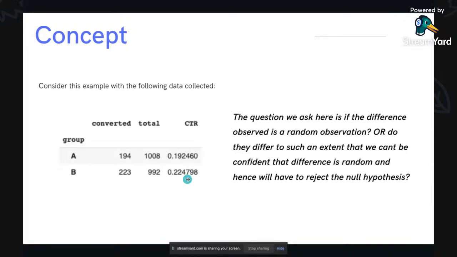So, just from the naked eye's perspective, you can say that the treatment was better, right? Because we got more conversions, but it's not statistically significant yet because we don't know if it is. If you see the intuition behind it, there are 1,000 people visiting the control, right? And there are only 900 in treatment. It could be very extreme also. There could be 1,000 people here and 200 people there, or 100 people there. So it could have had a 50% conversion rate. But because there were so many fewer people visiting the treatment, we can't easily say that it's